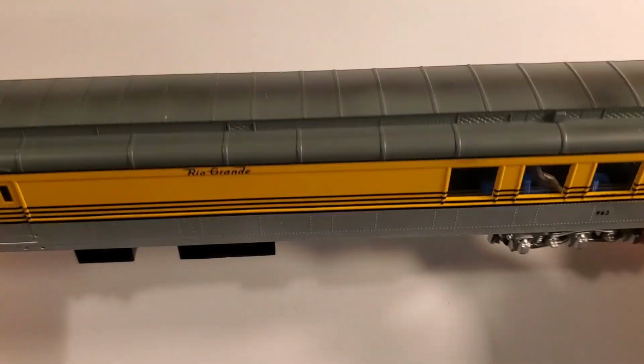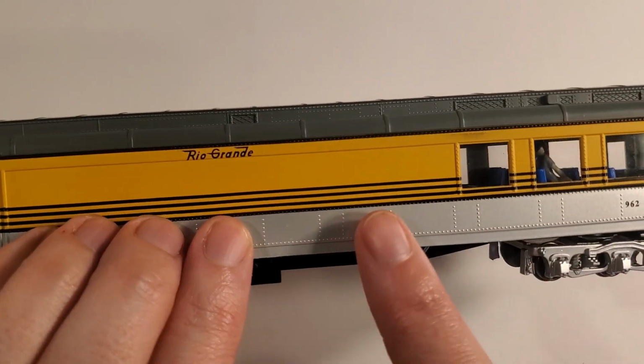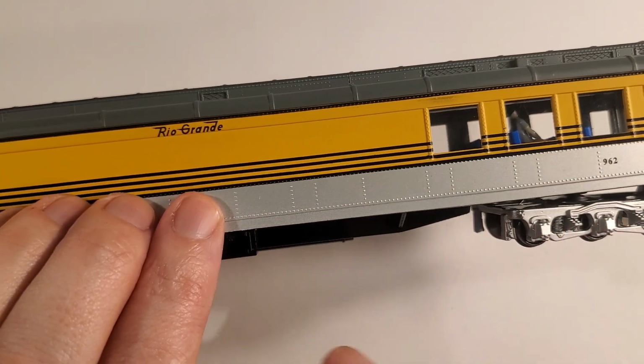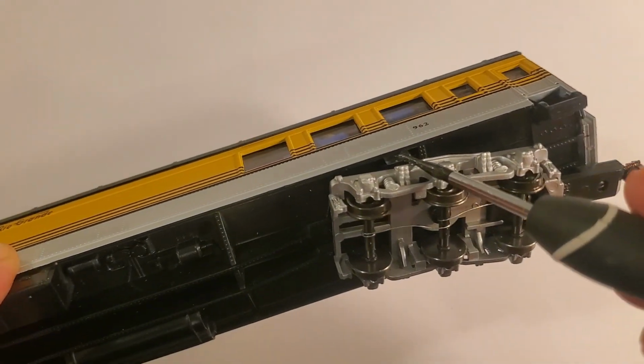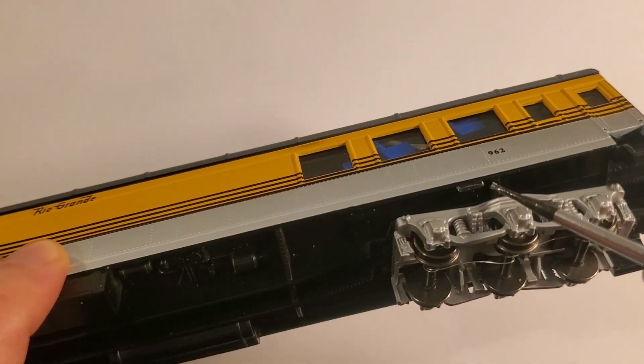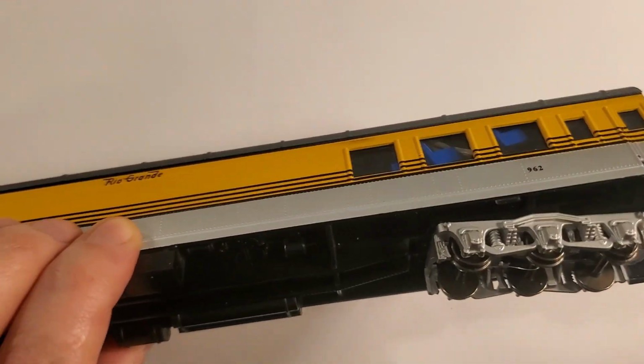Okay, so I did get the top put back on. I had a little bit of a hassle because for some reason the glass along the side was warped in, and the little tab wasn't wanting to come through the hole right here, and I had to use a screwdriver to kind of get down in there and get the tab lined up right. So yeah, that seems to be...